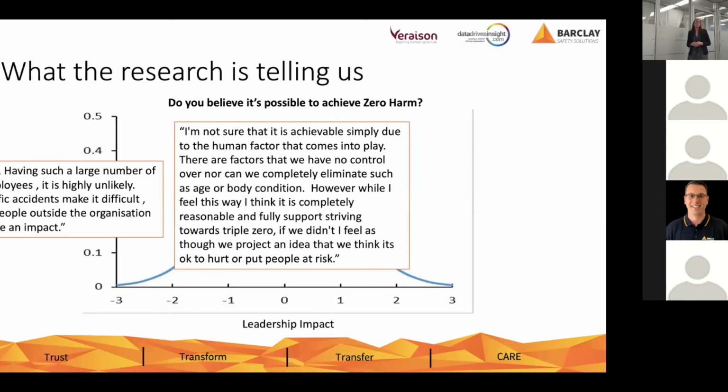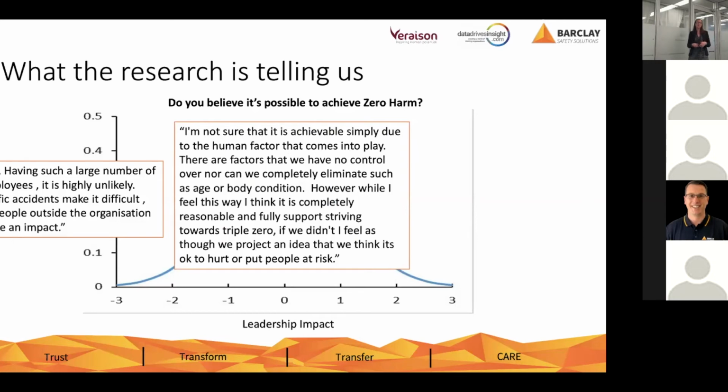I'm not sure that it's achievable simply due to the human factor that comes into play. There are factors that we have no control over, nor can we completely eliminate, such as age and body condition. However, while I feel this is this way, I think it's completely reasonable and fully supports striving towards 000. If we didn't, I feel as though we project an idea that we think it's okay to hurt people or